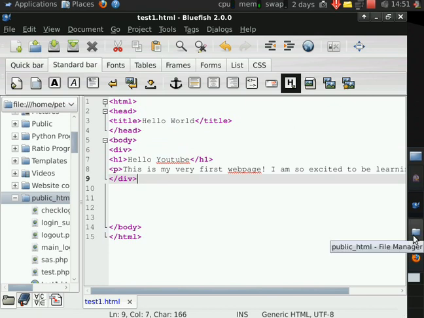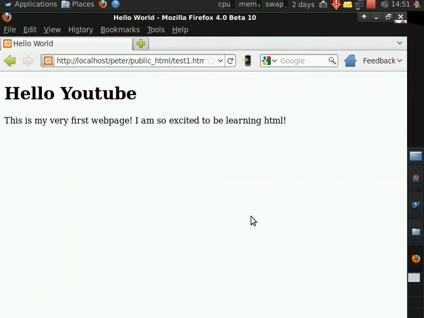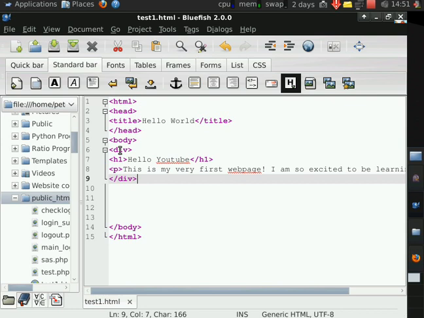So if we save, Control S, and go back to our web browser and hit F5 to refresh, you'll see it moved down just a smidge. Not anything you really notice. A div container is just literally a box around the text, and what it does is it contains the information. Defines a block section in a document. It provides no visual change by itself. So it literally puts an invisible box around everything inside of it. Anything in between the div tags that you see here is going to be inside of an invisible